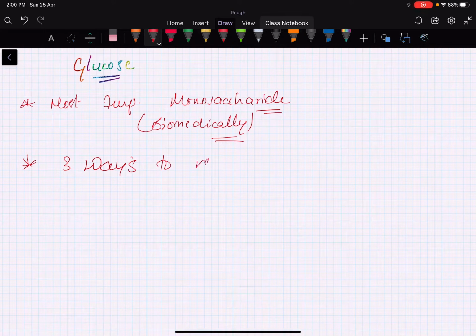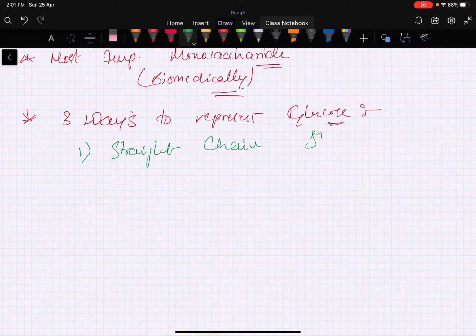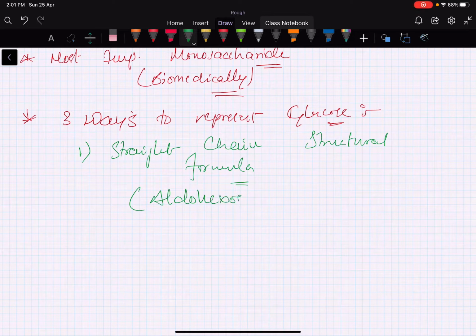To represent glucose, the first one is the straight chain structural formula, or aldose-ketose structure, right? That is